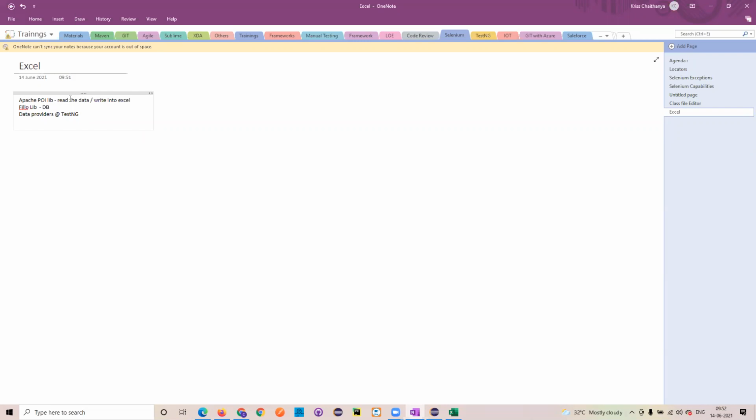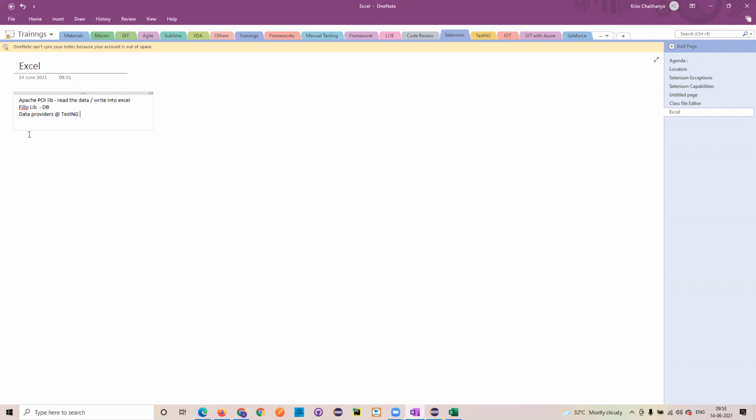When we were discussing TestNG, we discussed this particular data provider. We have seen how to define the data providers and how to use them, right? In the same file you can define it, or you can define it in another class file, and then you can call this data provider, and it will return a two-dimensional array.